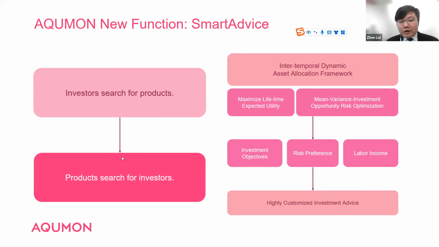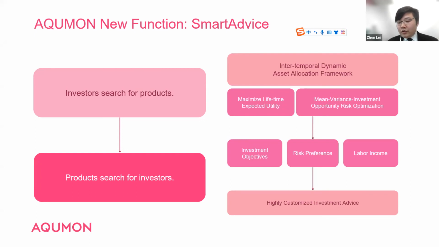We try to have products search for investors, through Smart Advice. The theoretical ground for this part is that we have an intertemporal dynamic asset allocation framework. We try to model the asset allocation behaviors and its objectives to maximize an investor's lifetime expected utility of their